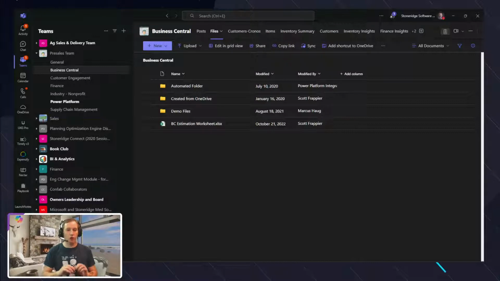Remember, Teams is more of an internal collaborative tool. It's not as good externally collaborative. And what I mean by that, even like recording videos that you then share with people, or if you want to give people guest access to it, you can do that. But remember, it's not as fully baked compared to some of the other products like SharePoint and OneDrive, which have had more focus around that. But it is something to note where that might be the exception.